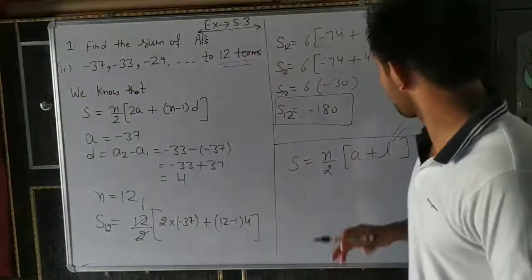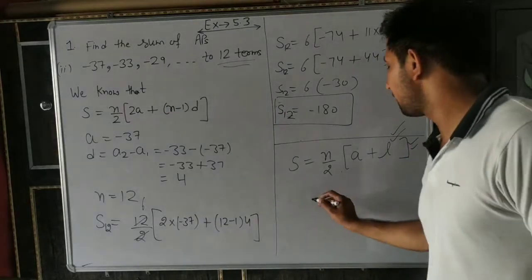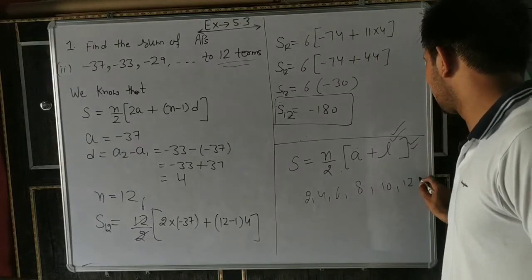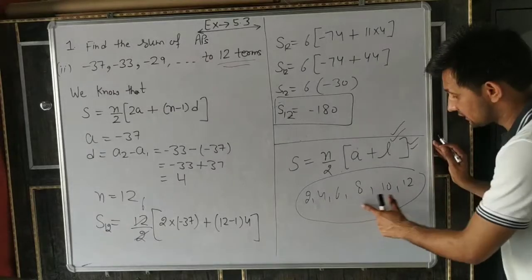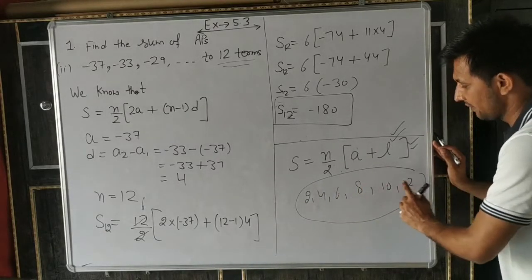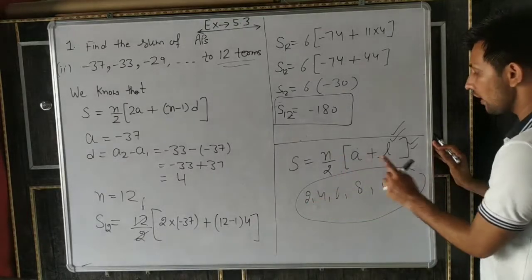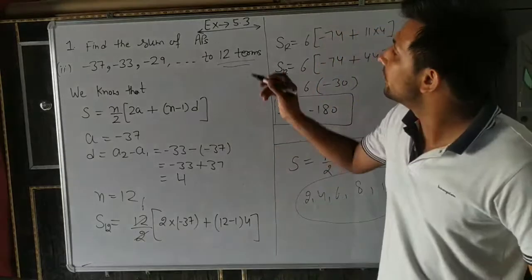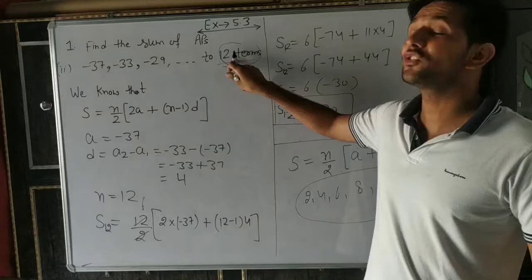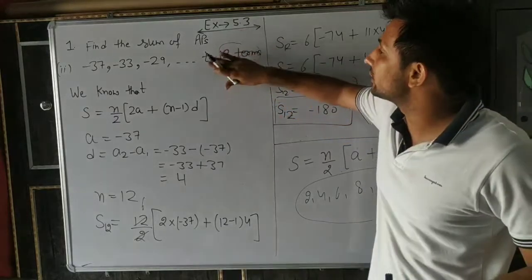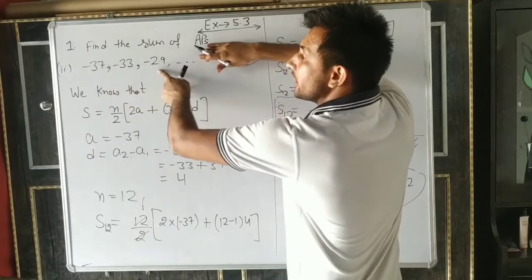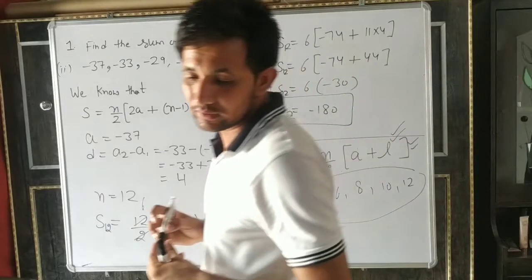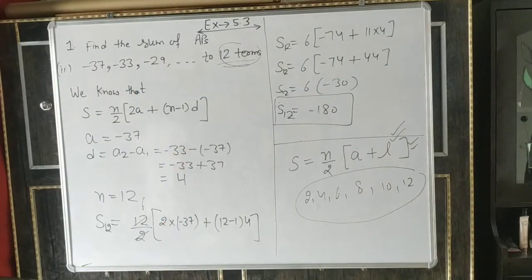Understand here? So this formula is used only in such a case: if I write 2, 4, 6, 8, 10 and 12, and then I ask you to find the sum of all these terms. So 1, 2, 3, 4, 5, 6. So n is 6, a is 2 and l is 12, the last term. Understand or not? Last term means we have to find up to 12, so we should know what the 12th term is. But if 12 is not given, and I ask the sum of these 3, then l is minus 29. Understand? But here we have to find up to 12 terms. Note it down here. Now we will start our next question.